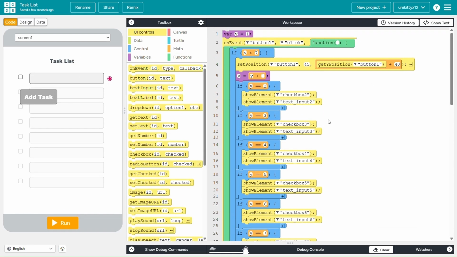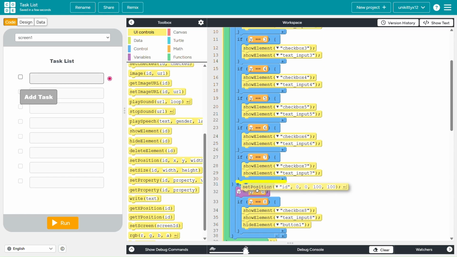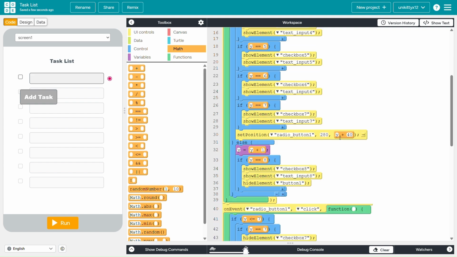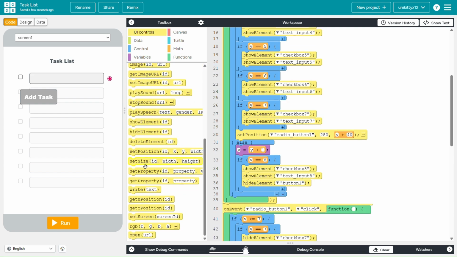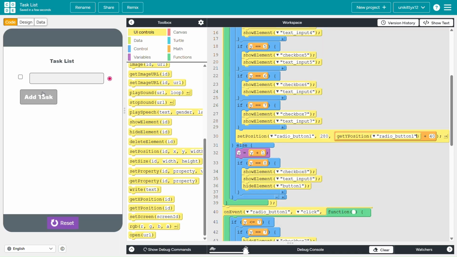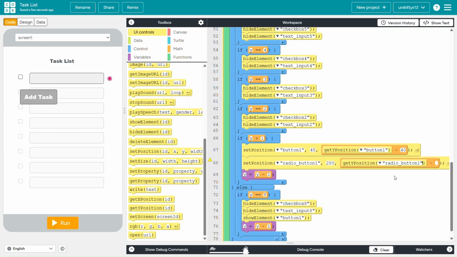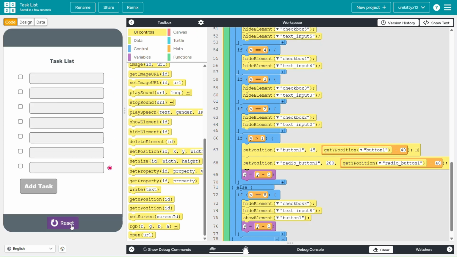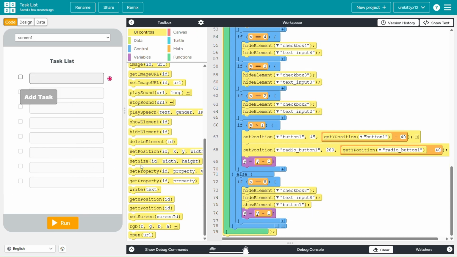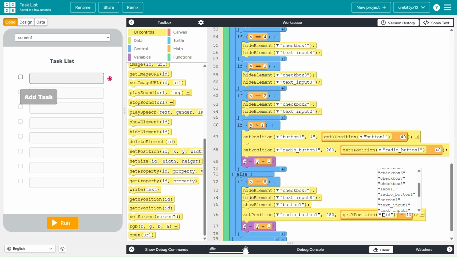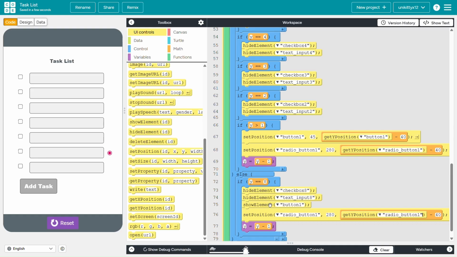Next, we want it so the radio button moves up and down just like the regular button. So we'll do the exact same command that we did with the button, but change x to equal 280. We'll put these commands in the same places that our button commands are. We'll use addition for when the button is clicked and subtraction for when the radio button is clicked. But we'll also put it in the sections where y equals 8 since, although the button doesn't move, the radio button will. Upon doing this, our program will finally be